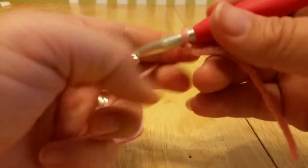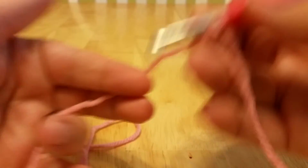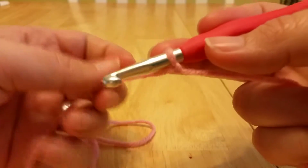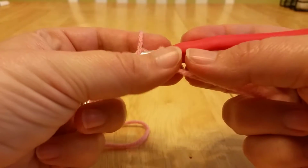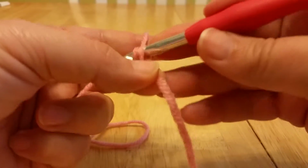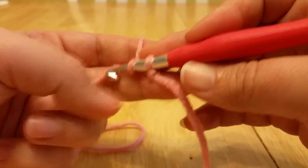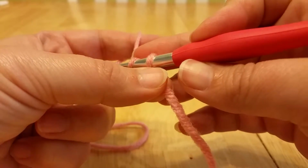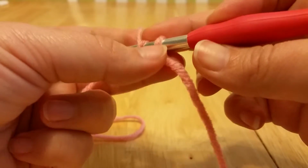Okie dokie. Crochet lesson 1. Alright, you're going to have your yarn, and we're going to start off with single crochet. So we're going to chain 11 stitches. You're only going to want 10. You're going to be working with 10, but trust me, you're starting off with 11 because you're going to double